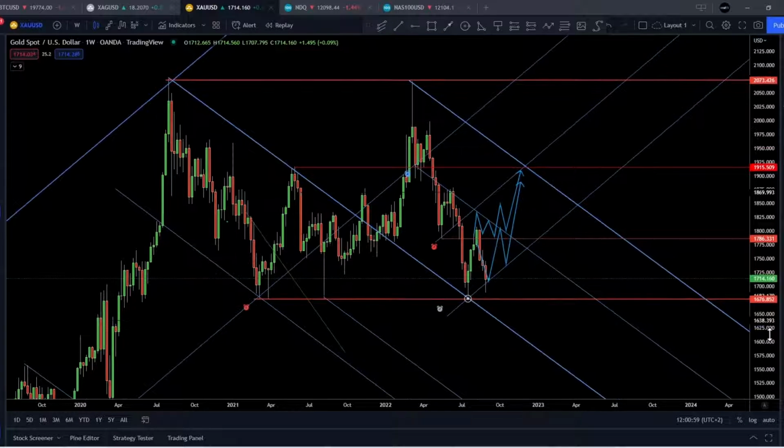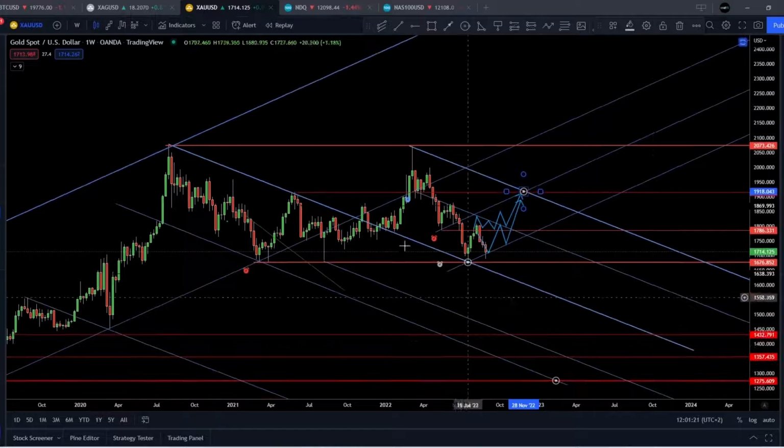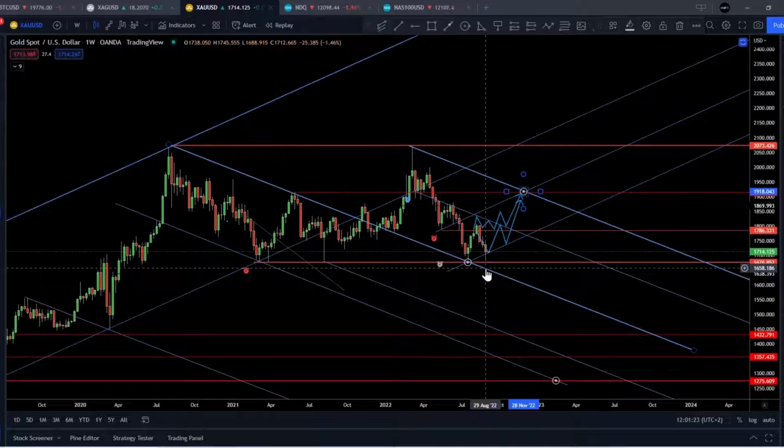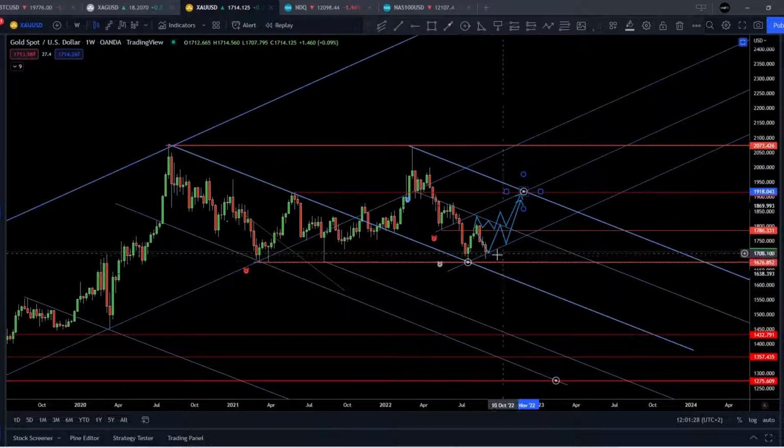This is a positive note as such, and we still have that intersection coming up for November at a higher price. But we would need to break that descending support to see those higher levels. Also, we don't have any confirmation of downside continuation. The markets could still eventually look for this blue line, this descending support,